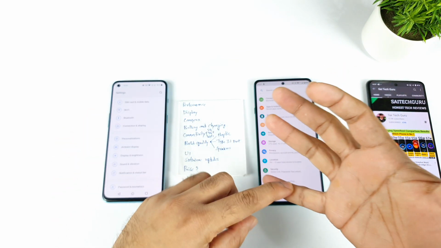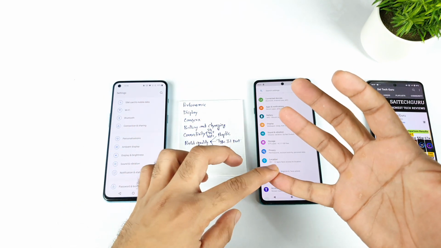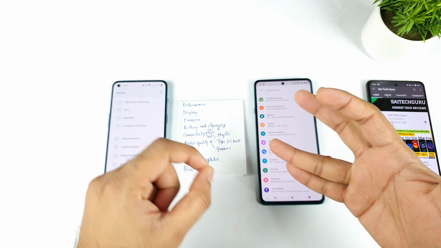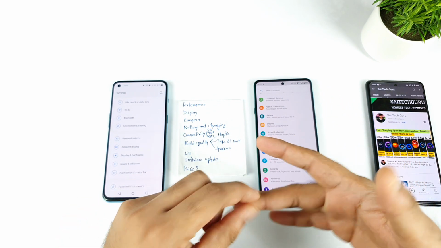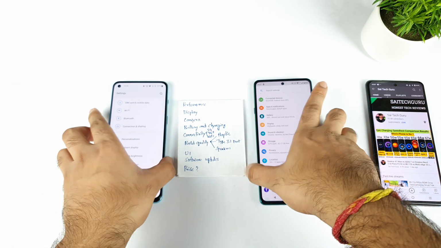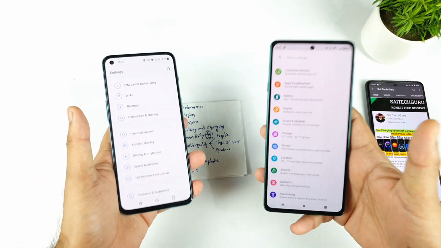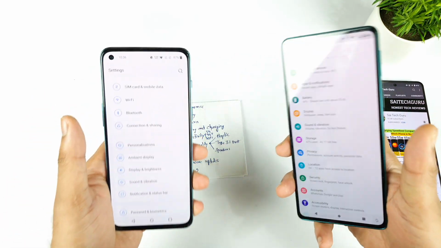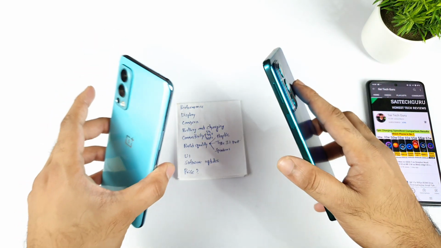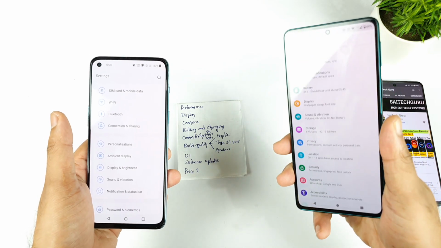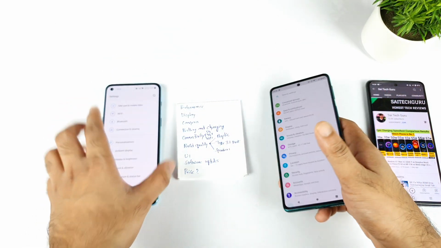For the average user, the refresh rate and the touch sampling rate won't bother them. It won't affect anything for the average user and medium usage. But in terms of display quality, it affects a lot. If you watch both phones side by side, you can actually feel a lot of difference while watching videos. Yes, you will definitely feel a lot of difference. Outdoor visibility is also not bad, though the brightness level is slightly low in the Moto H20. But it was kind of okay, I would say, outdoor visibility is not bad.